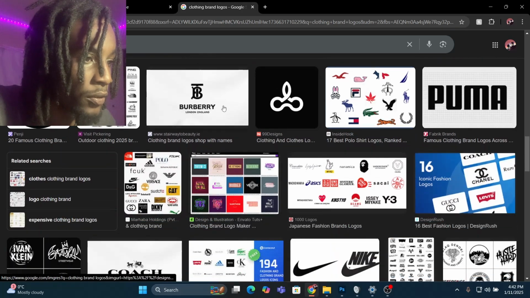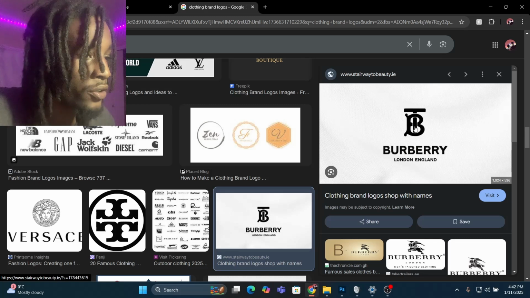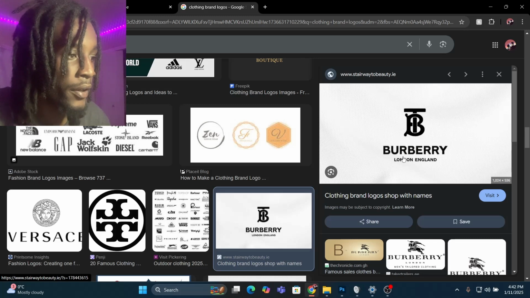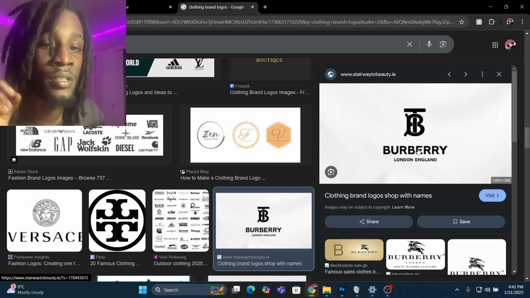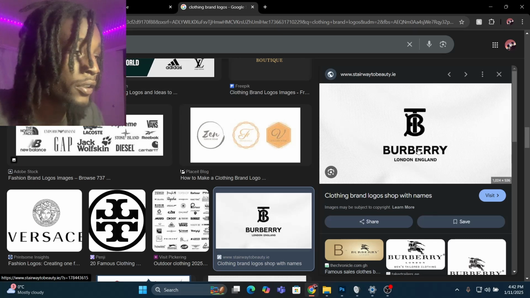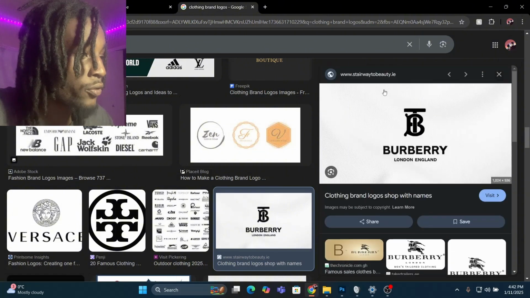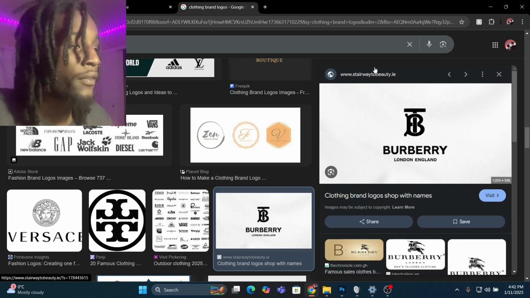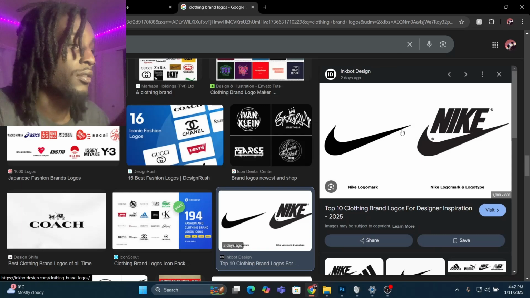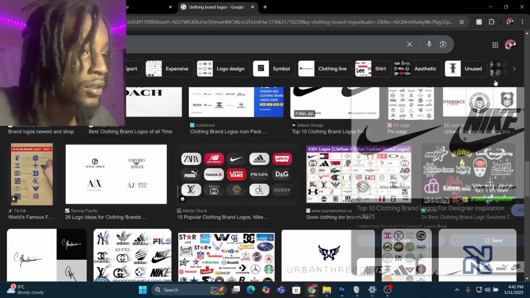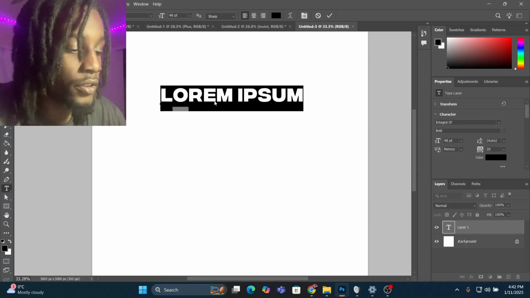So what I like to do, this is a perfect example here. You have here their image logo. You have here their text logo, which when you see this Burberry, they choose a specific style of font that they use for all of their designs. And these are the main trademark stamps they have in place. Their official logos. You have Nike, you have the check, and then you have the text. So what we're gonna do here is create our image logo,